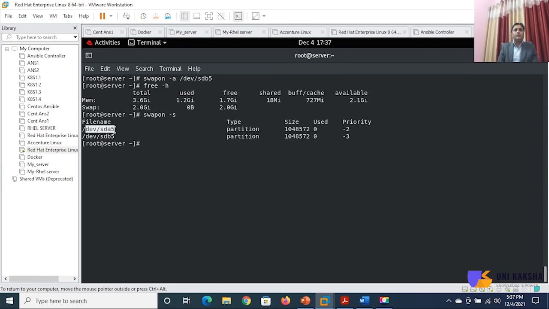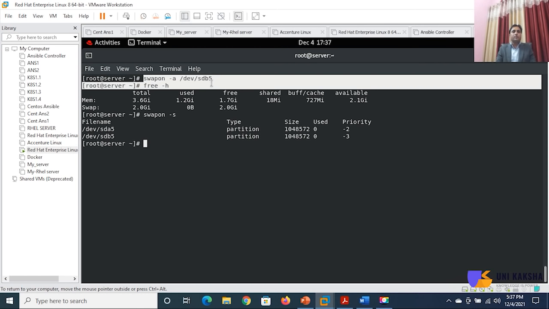One volume is available on my sda drive and another volume is on my sdb drive. I have both volumes. But my dear friend, when I reboot my machine, it will be deactivated. So again, if I want it up, I have to activate it.